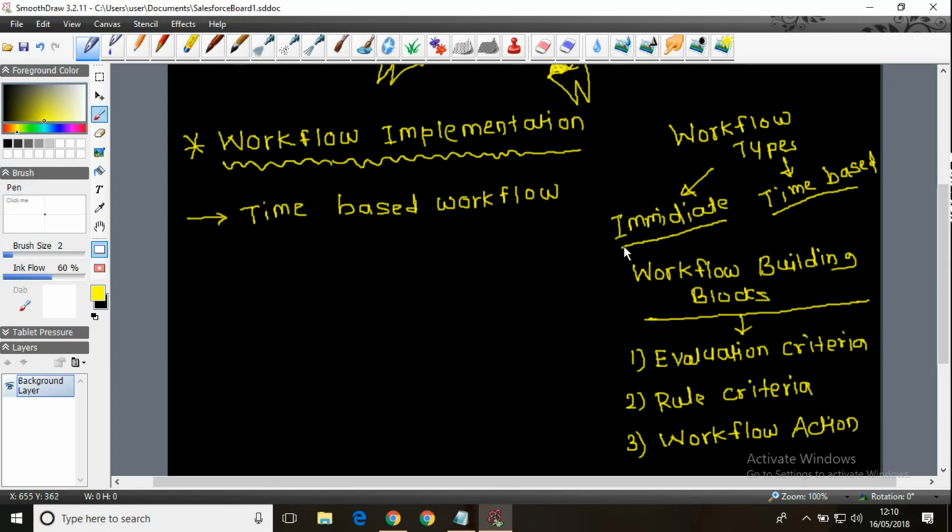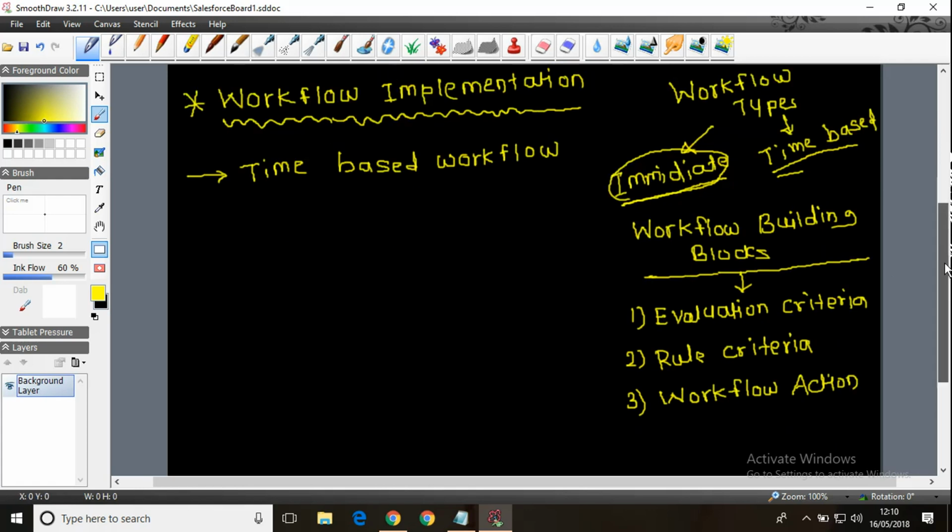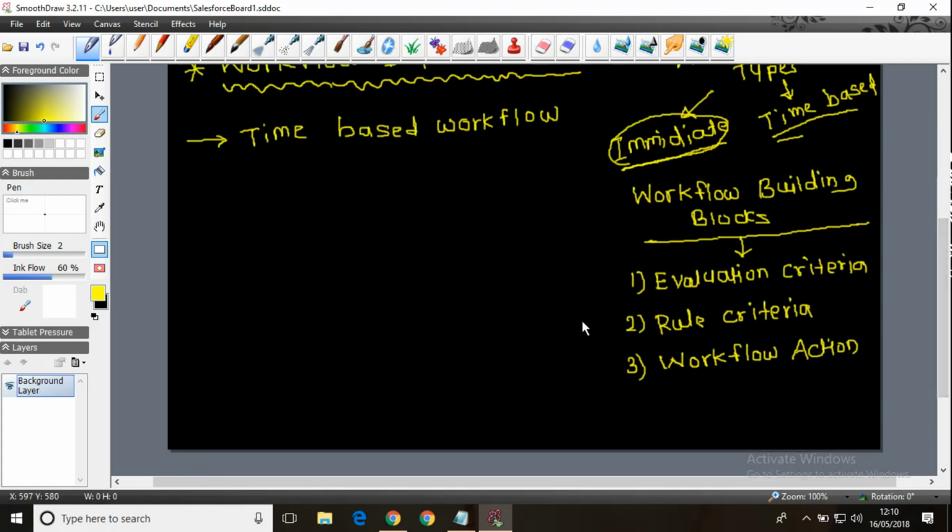Doesn't matter whether you implement an immediate workflow or a time-based workflow, we will require evaluation criteria, rule criteria, and workflow action for every workflow.